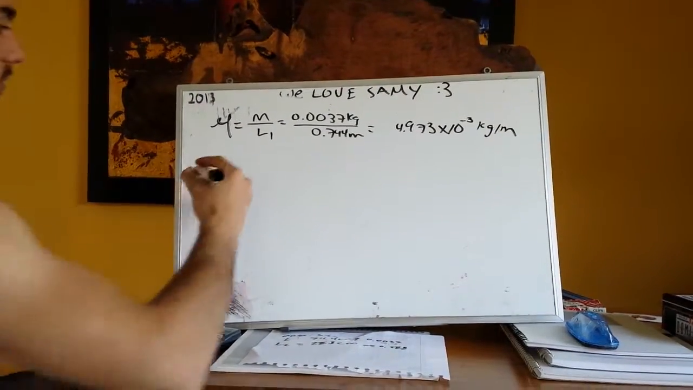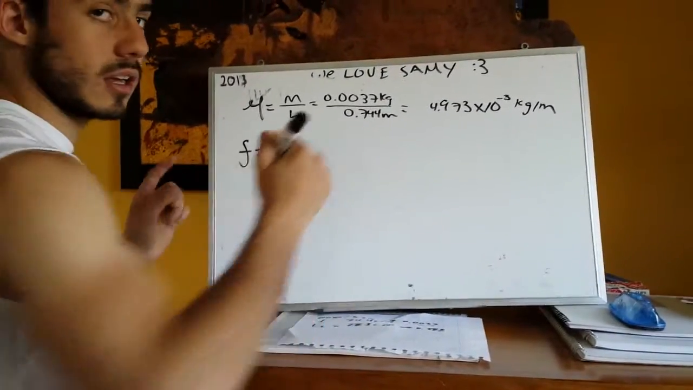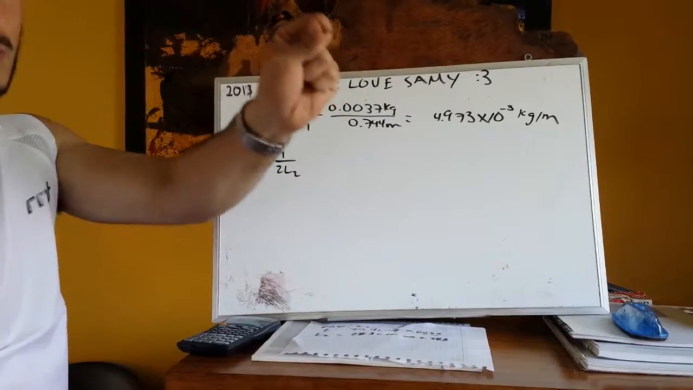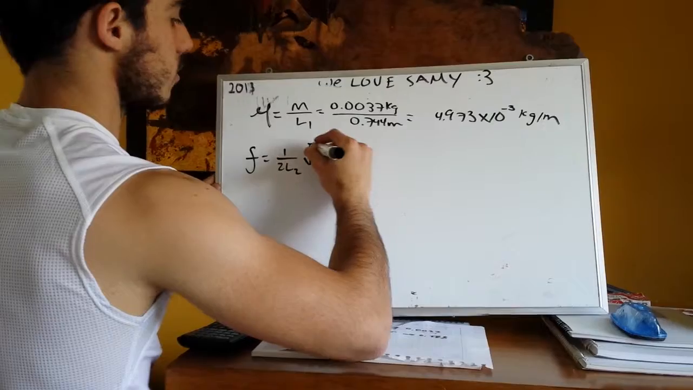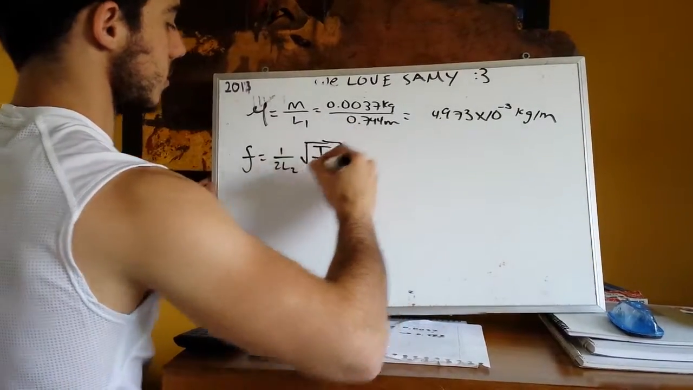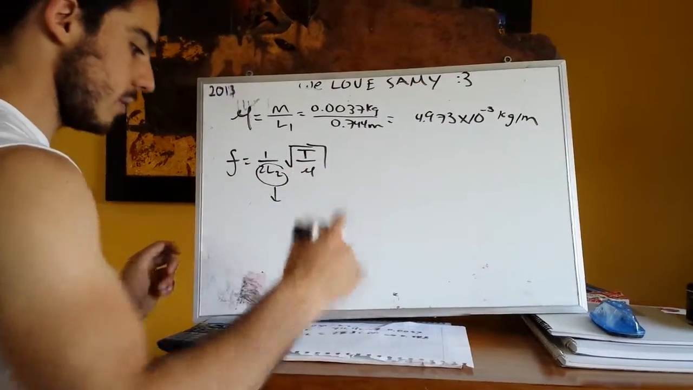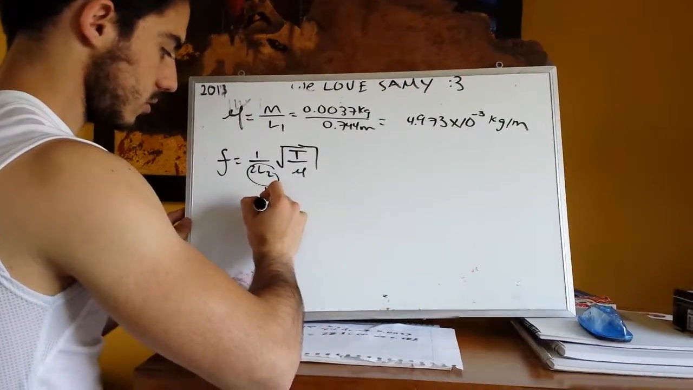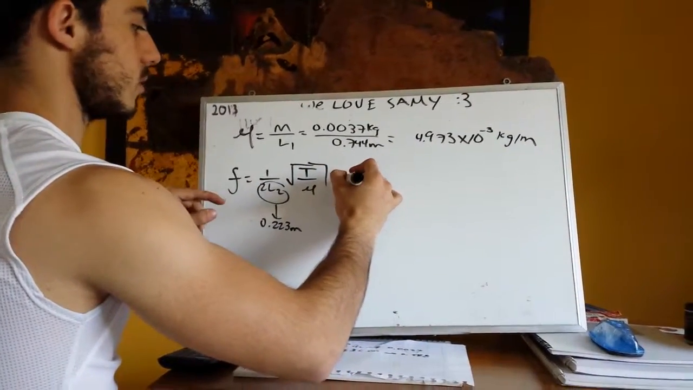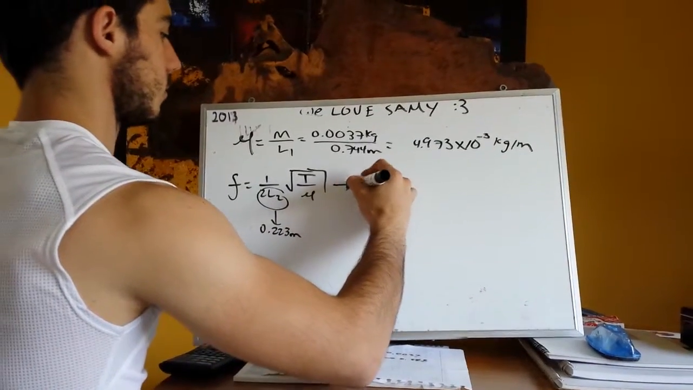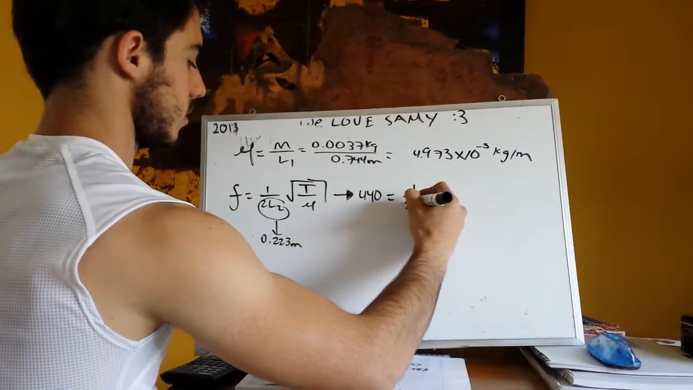Now we have to establish the formula to calculate the frequency. It will be frequency equals 1 over 2 times the second length, that will be the length for the two cuts of both notes of the string, that will create the tension, times the square root of the tension over the linear density. We have already established that this length will be about 0.223 meters. So we already know the frequency that we want to obtain, so it will be 440 Hz equals 1 over 2 times